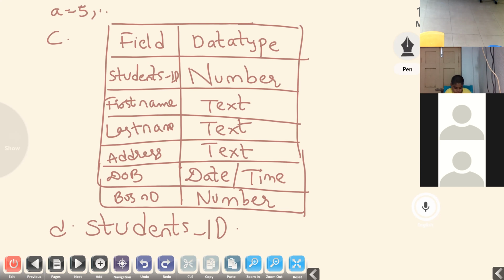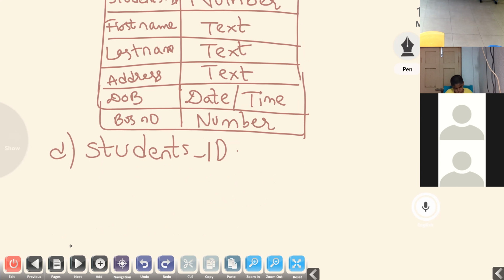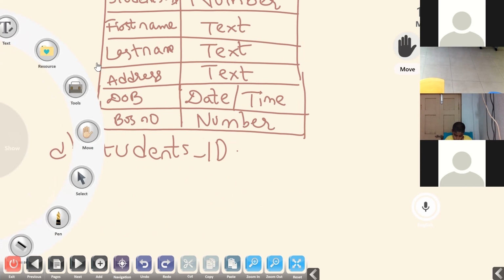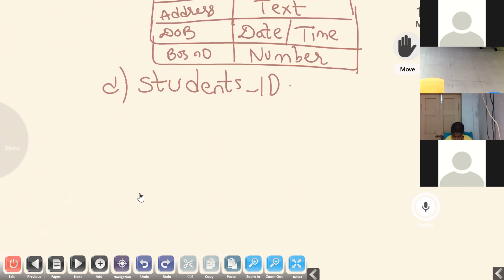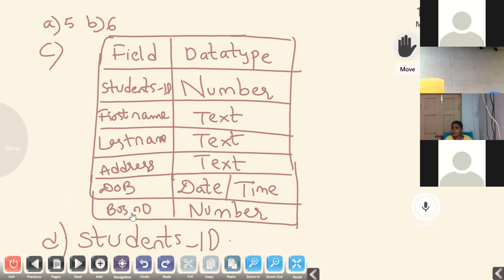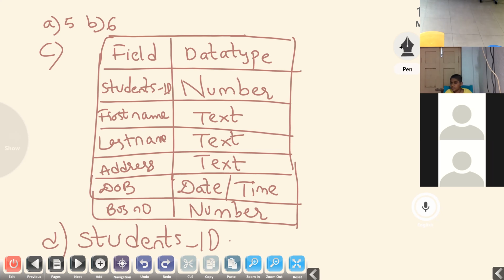Yes, Agasya. Ma'am, nothing, ma'am. I told you to move some space up. Okay.